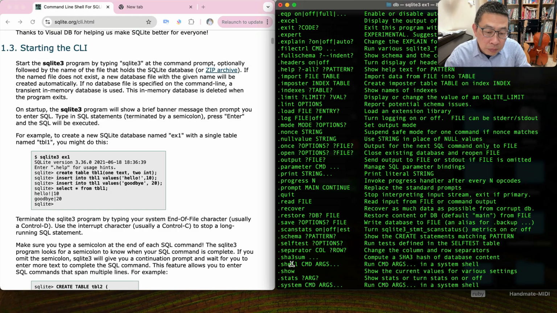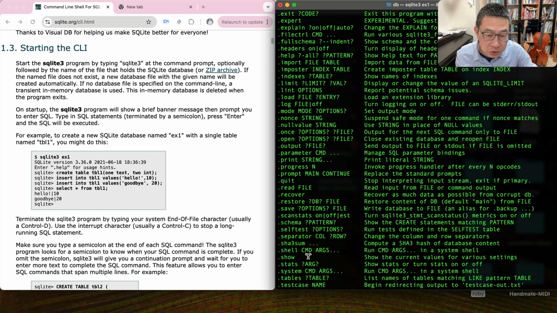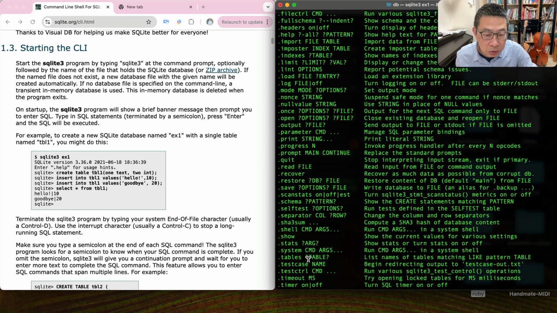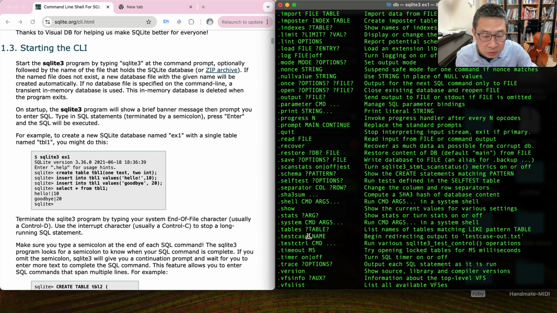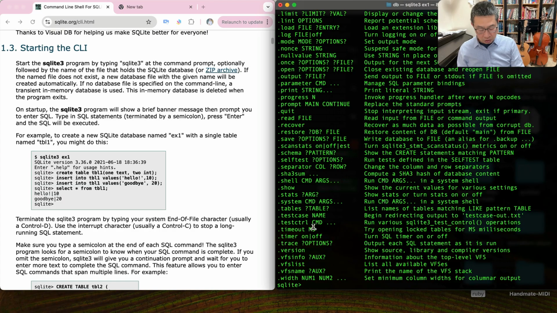Shell, we can temporarily call the shell script, kind of to temporarily escape the SQLite to execute some terminal command. Okay, later I'll show you. Show the status. Tables, look at how many tables we have. Yeah, there are so many. So I decide to